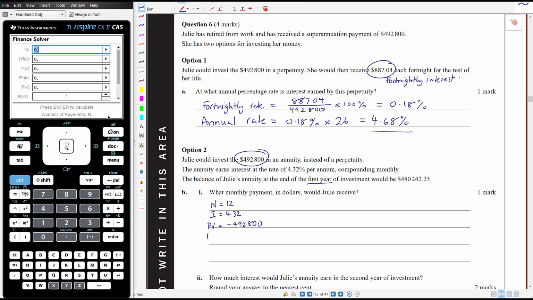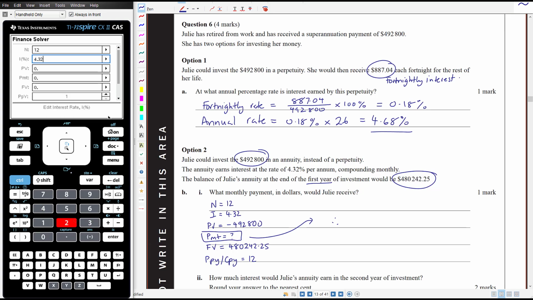The payment is what we're trying to work out, and we know the future value is going to be this. Now that's her money, so that's positive money in relation to her, $480,242.25, and the payments per year and compounds per year are monthly, so 12. Alright, so we work all that out, and let's put that in, so 12,